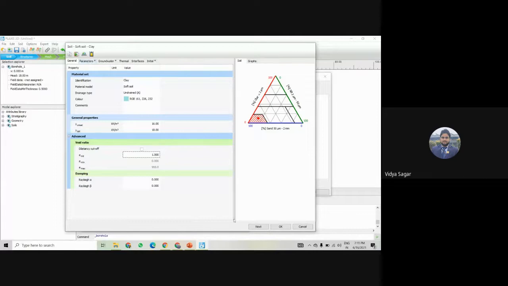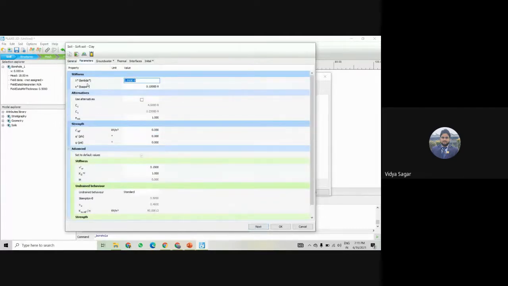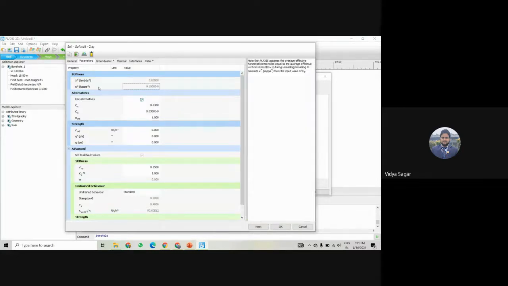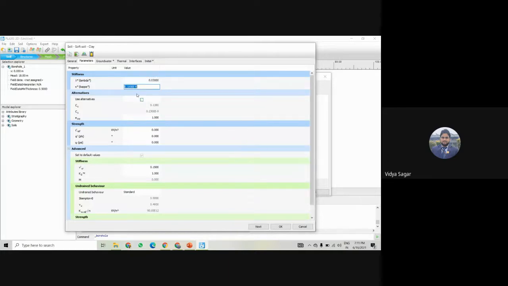Then you can go to the next tab. Here the modified compression index, lambda star, is 3e minus 2. Then kappa star, known as the modified swelling index, is 8.5e minus 3. Then we need the c, phi, and psi.